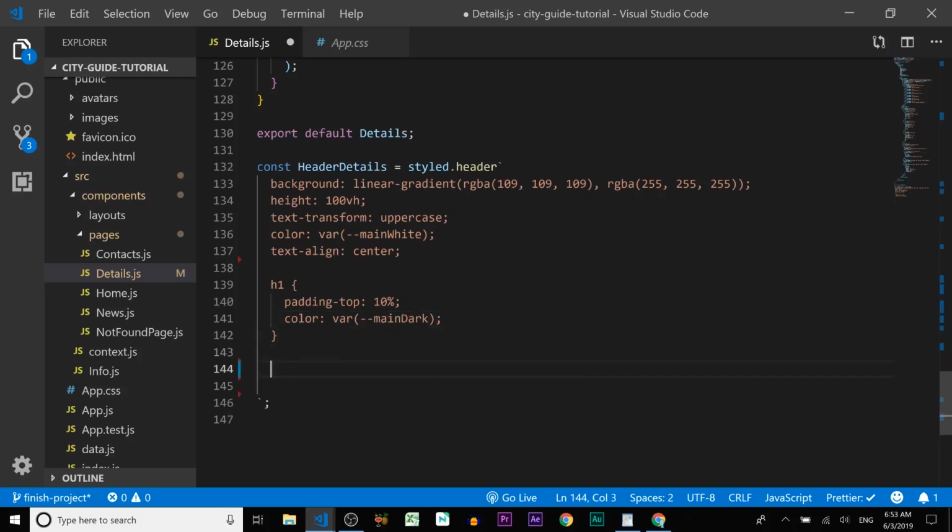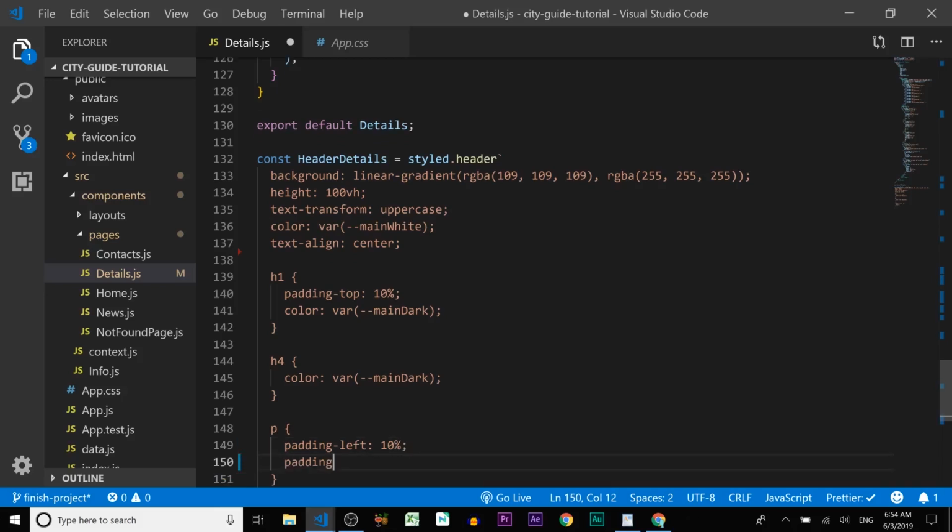So let's do h4. Let's do color variable. Gonna use also main dark. Let's do paragraph, and the paragraph we want to be padding top, no, padding left 10%, padding right 10% as well,